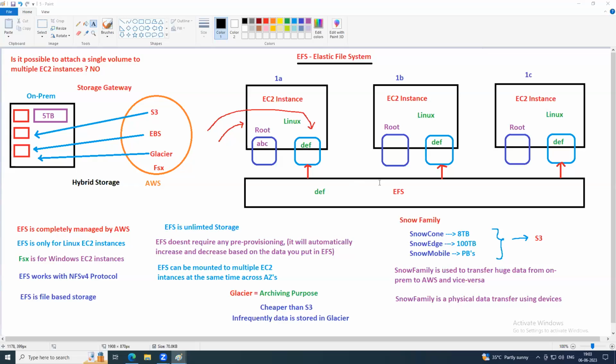FSx is EFS, right? FSx, EFS, both are same. FSx is for Windows. Both are different. Super. Now,